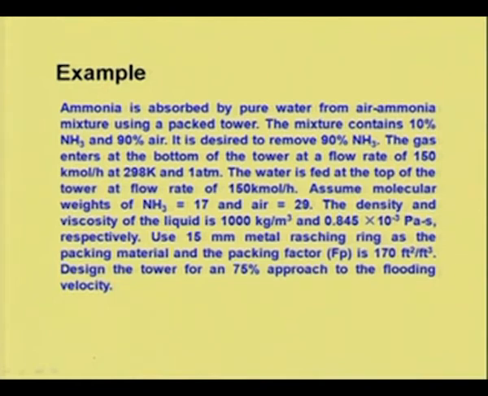So, ammonia is absorbed by pure water from an air-ammonia mixture using a packed tower. The mixture contains 10% ammonia and 90% air. It is desired to remove 90% of the ammonia. The gas enters at the bottom of the tower at a flow rate of 150 kilomole per hour at 298 Kelvin and 1 atmosphere. The water is fed at the top of the tower at a flow rate the same as the gas, 150 kilomole per hour,